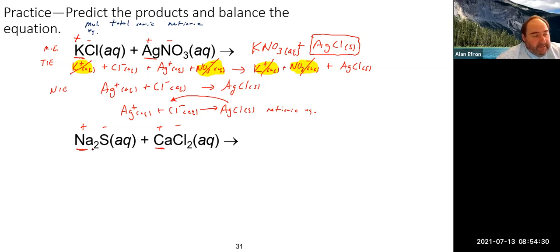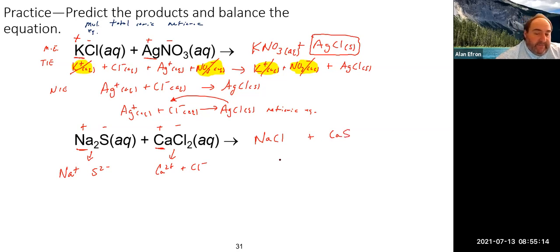We're not going to worry about balancing first. We want to get the right formulas. So again, the basic formula here is a sodium ion and a sulfide ion. Again, regardless of the two, the basic unit here is a calcium ion and a chloride ion. So when we put together the sodium and the chloride, really what we're putting together is Na+ and Cl-, which should give us the proper formula of NaCl. Also means that when we put together our calcium and our sulfide, +2 and -2, should give us the proper formula of CaS in this